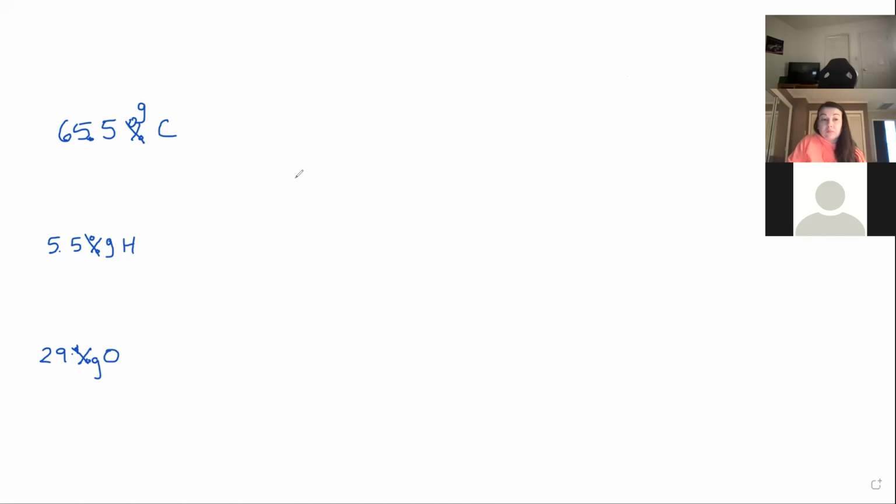Okay, so let's come back together to look at this one. This problem was a little bit different than the example we did at first because this one was given percentages, but again, no biggie, just assume that it's grams. So now I need to get out of grams and into moles because a chemical formula is a molar relationship. 1 mole of carbon is equivalent to roughly 12.01 grams of carbon, which ends up giving me 5.45 moles